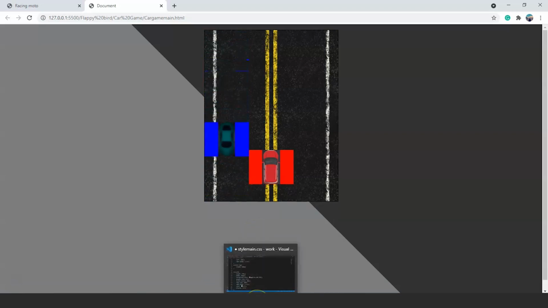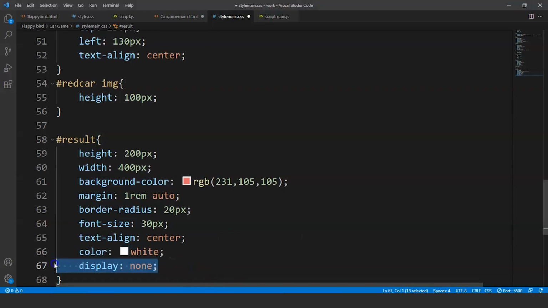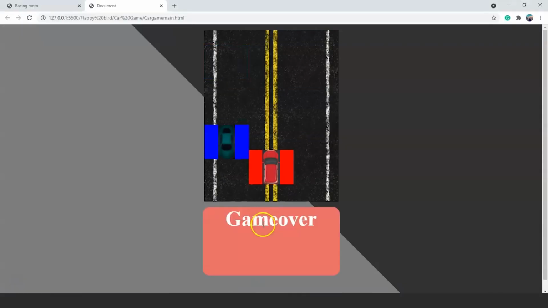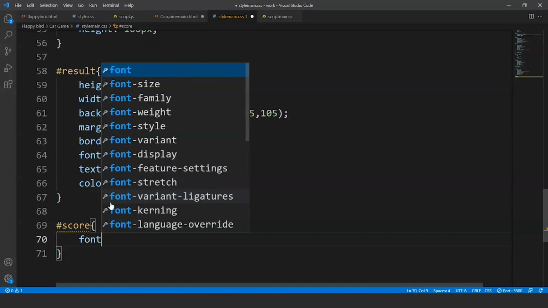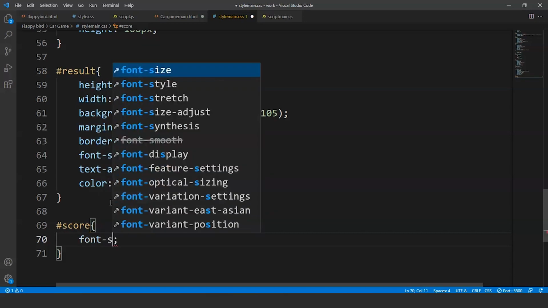Now moving back to our CSS file, what we'll do is we'll remove this particular statement for now, save it, and here's our box again. We'll add this property later. So for now, what we'll do is we'll write here score. Now what we have to do is we have to write here font size